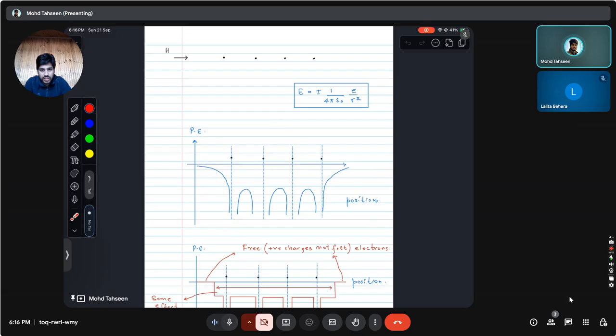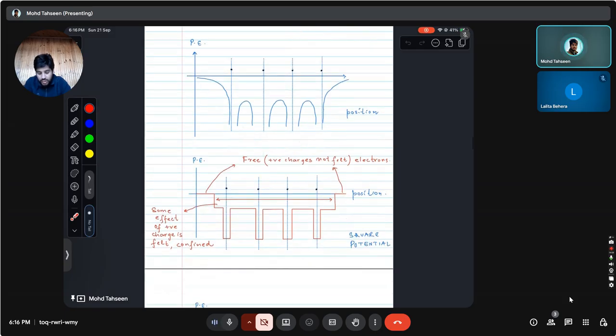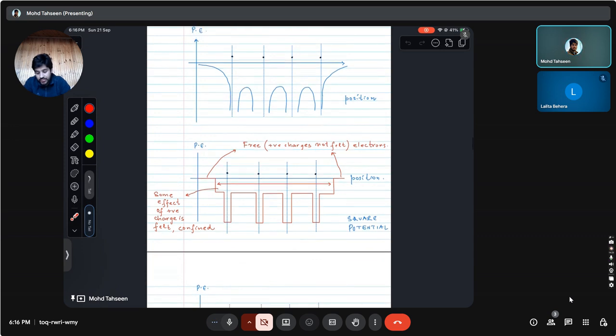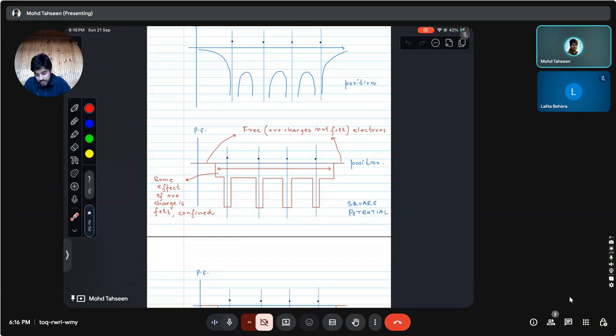And we observe that this is the potential energy distribution of a single electron as it moves through the positive cores of these ions. And we can approximate this kind of potential by taking square wells, right? Because the analysis gets easier, and it will not cause any qualitative change in behavior. An electron experiencing this kind of potential landscape would experience the same effects here as well, but the quantities might change. But we are more interested in qualitative behaviors, right?